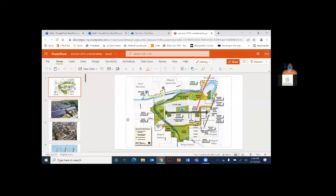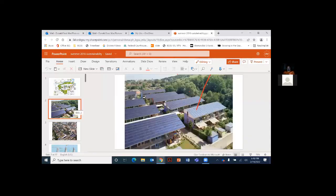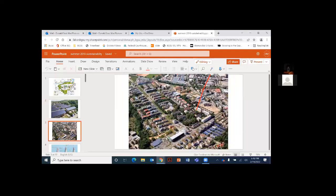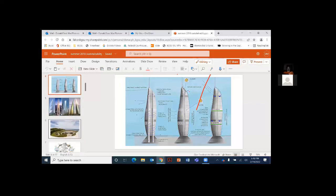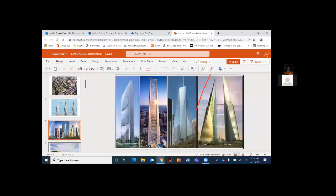I do have just a couple things. So here's some sustainability, right? Here's a site plan that talks about sustainable architecture. You can start to actually have pictures of solar panels, but you just put them on the side, or you incorporate them into the roofs, and show how it's incorporated, articulated and manifested into your design. I would hope that you would have a whole bunch of photographs that you started to look at. So you can start to see